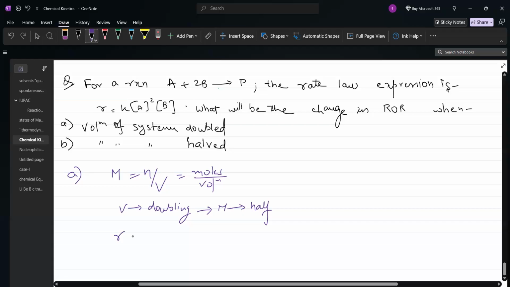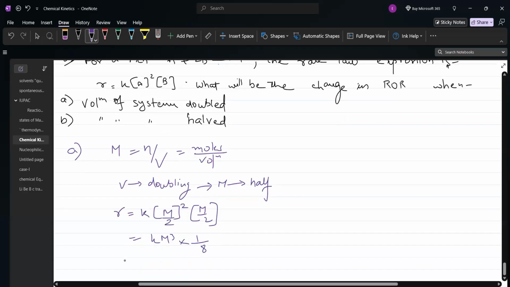So the rate of reaction is k times, new molarity M by 2, and the molarity of all of these will also become half. So what will come next? It will be 1 by 8. So what happened is, the